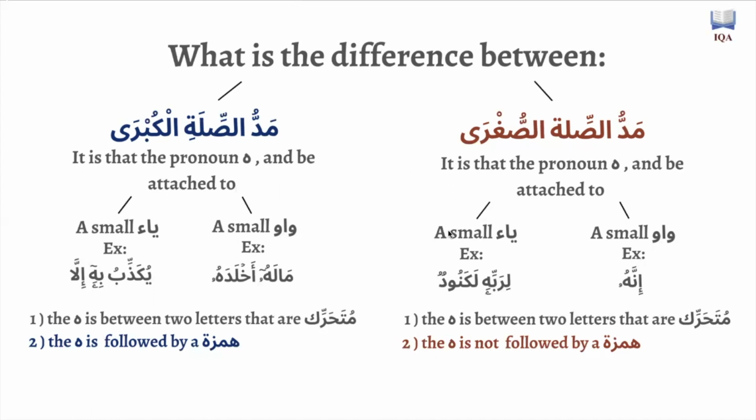So that's the difference between Med al-Silat al-Sughra and Med al-Silat al-Kubra. It's very, very detailed. It's whether there's a hamza al-qata' coming after it or not. If there's a hamza al-qata' coming after the hu or the he, it's kubra, right? 4 or 5. And if it's not going to be followed by a hamza al-qata', then it's going to be sughra. Now moving on,